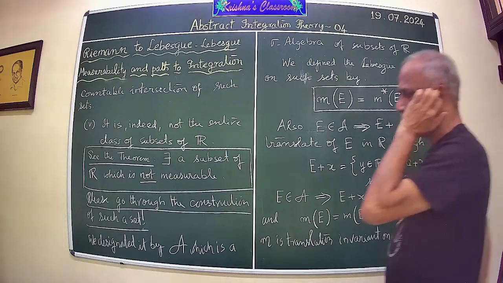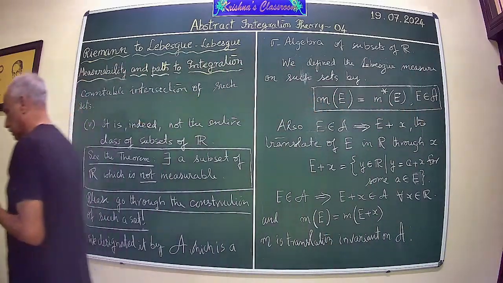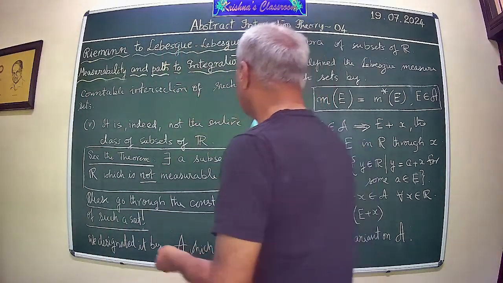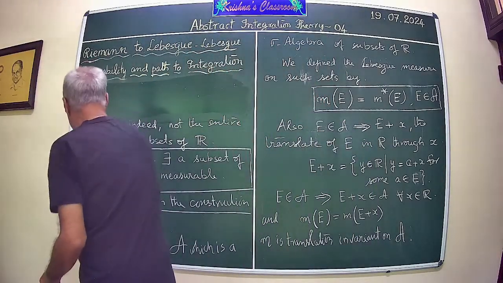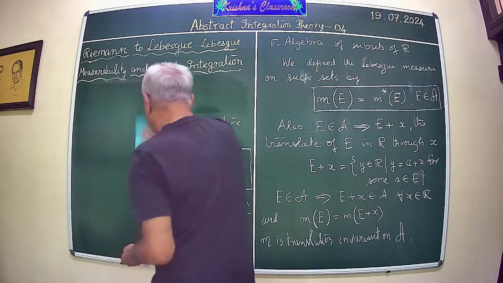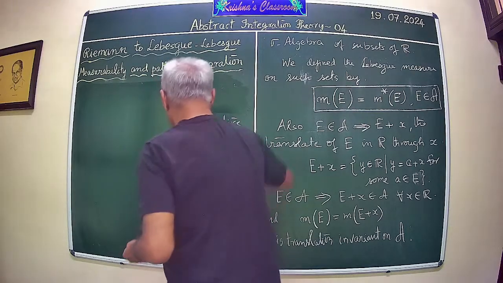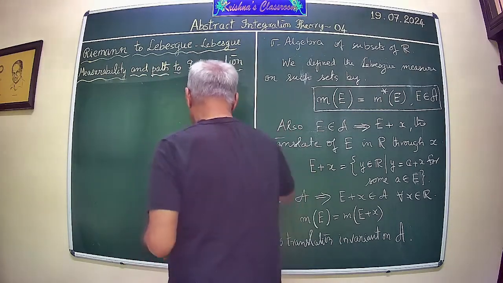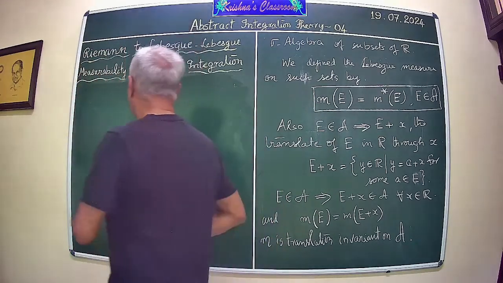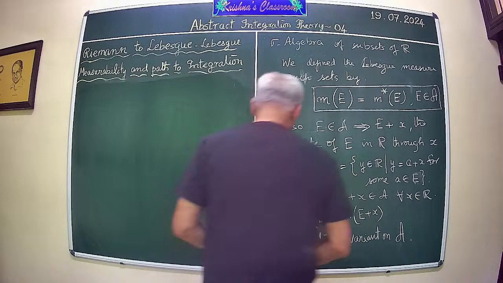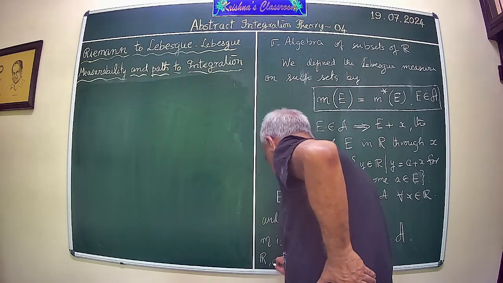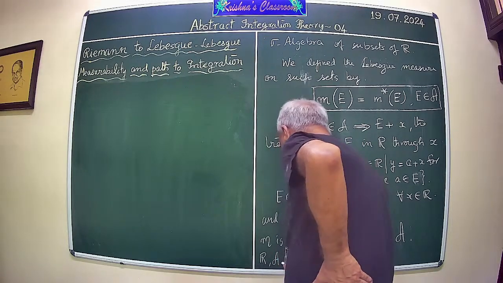Oh, this is not it. So that is the current position. Okay. So now everything is ready. So the Lebesgue measurable space is now ready. So R with the subcollection of sets A with